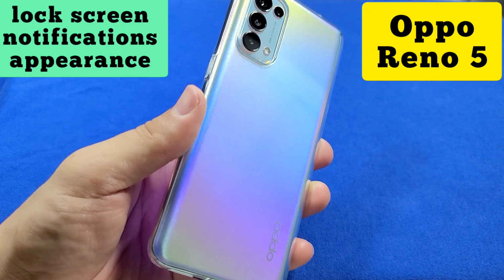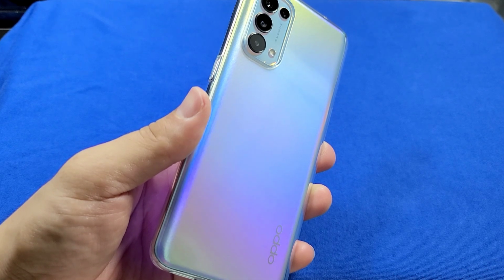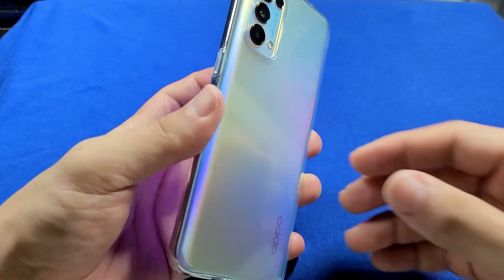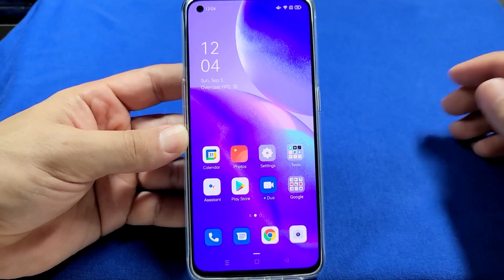How to set whether notifications will appear on the lock screen or don't show notifications on the lock screen for your Oppo Reno 5 phone. And let's get started. So first we want to go into the main settings, and to do this we can